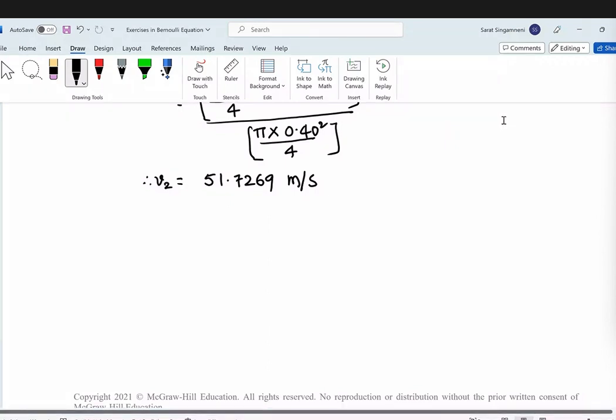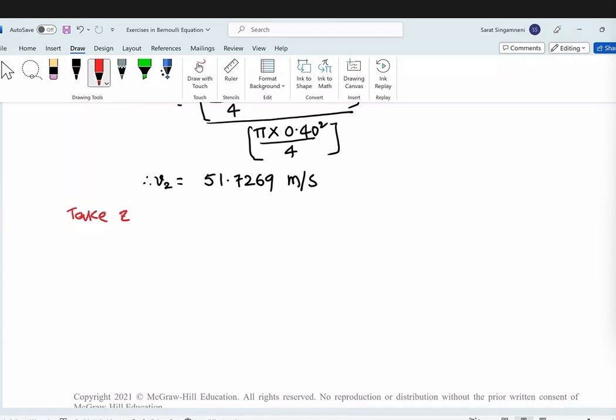Bernoulli equation. One of the points you should take as the datum line. That means Z1 or Z2. Let's take the datum passing through point 1. So Z1 equal to 0. So if that is the case, the equation will reduce to